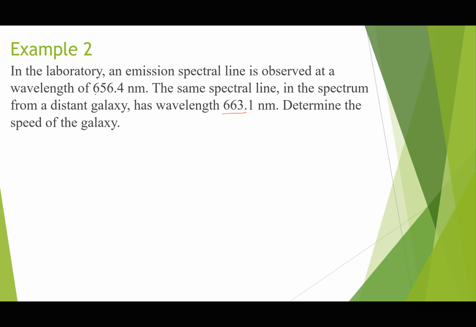In the laboratory, this is the known value. Of course, in the laboratory, it is always the known value. But this is what is actually observed if we analyze spectral lines for distant galaxies. So what is the speed? Remember the Doppler equation, it is always given in the list of formulae. Delta F over F is delta lambda over lambda, which is the same as V divided by C.